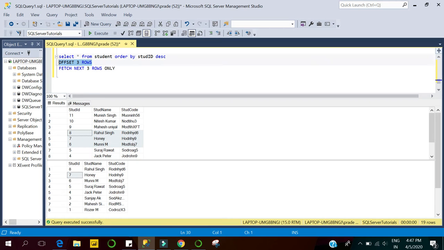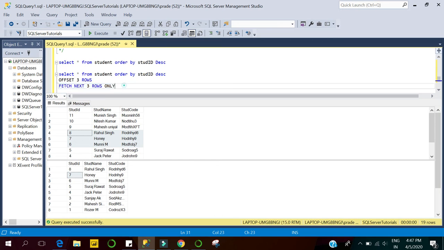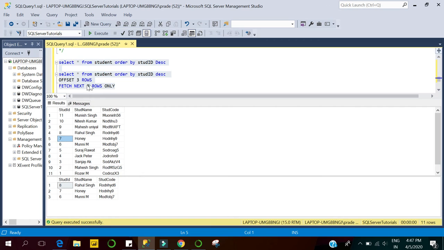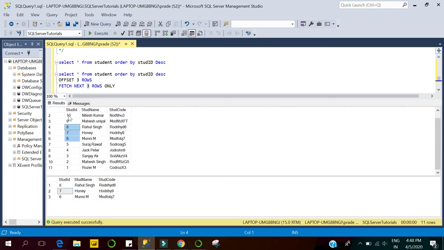After skipping the first three rows, we want only the next three rows. Let's execute both queries together. Here you can see offset 3 rows is used to skip the first three rows, which returns 8 to the end of the result. And further we have added the fetch clause to select only the next three rows. So it includes only 8 to 6 rather than returning the entire result set.